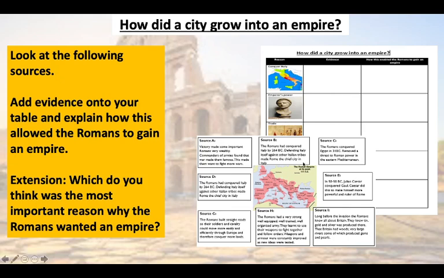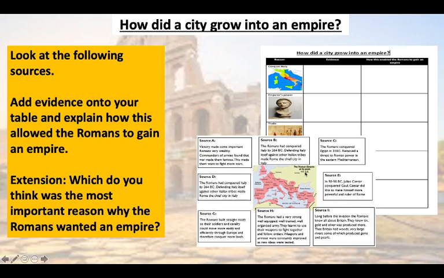Okay, so I want you to add in any evidence, so bullet points is absolutely fine, into each of these boxes, and then I want you to explain how this would have helped the Romans gain an empire. And I would expect you to spend about 10 or 15 minutes on these